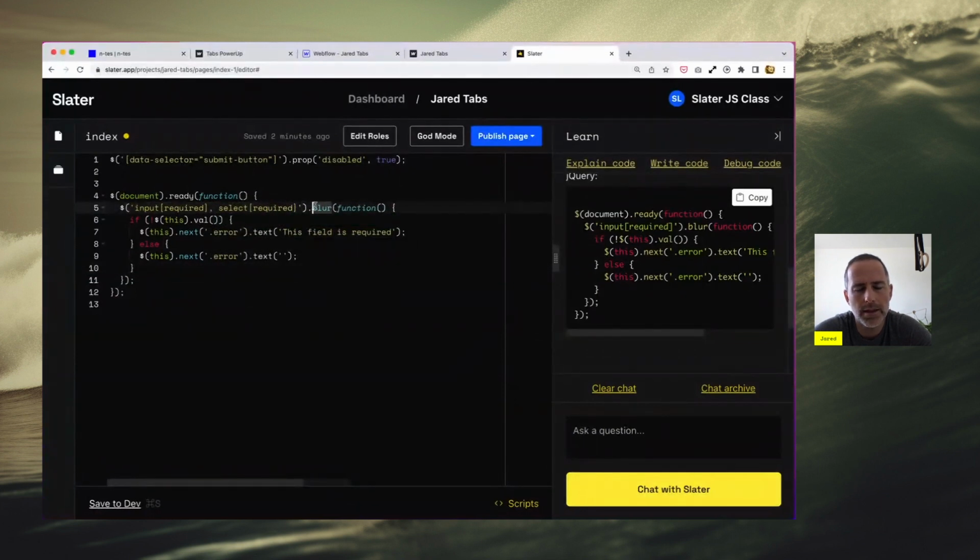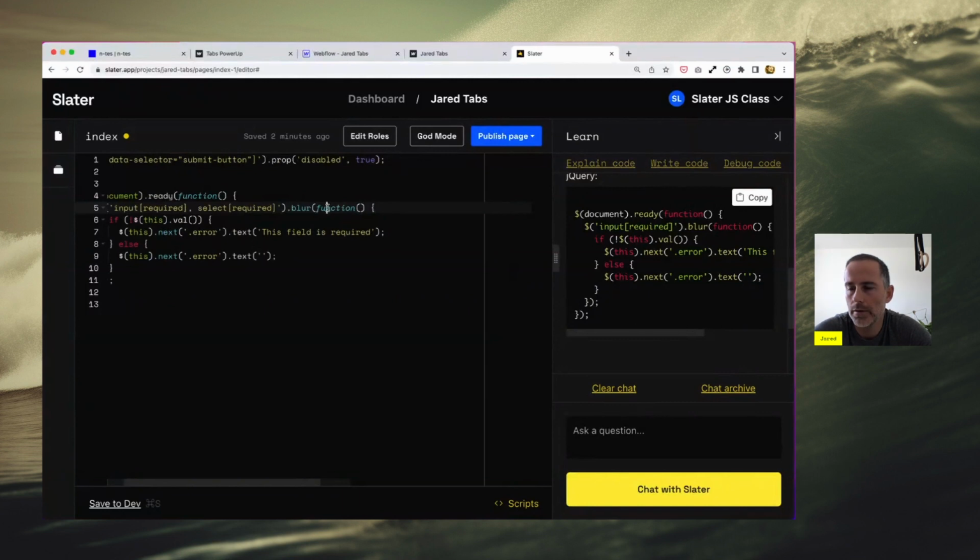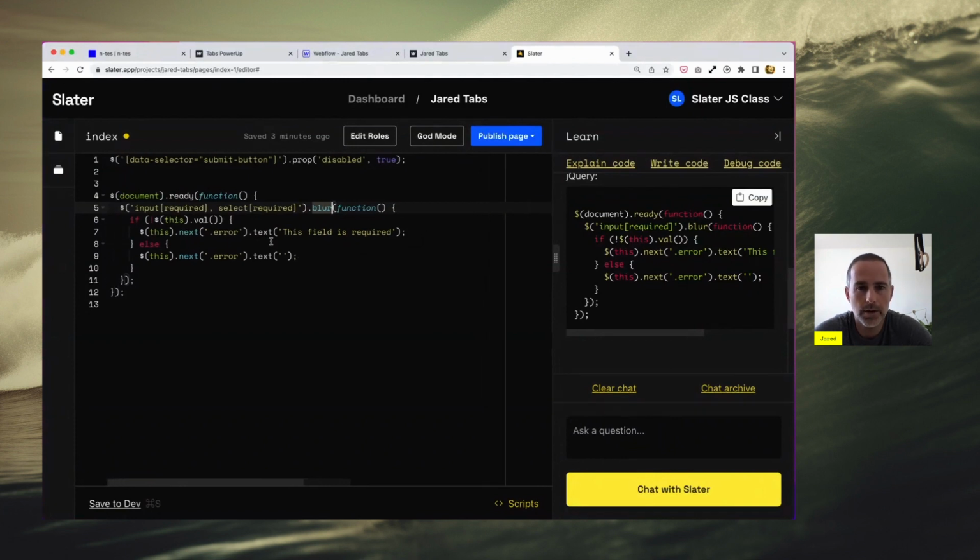I think we talked about blur. Does anybody know what blur does? So you have focus, which is when you're moving into it, and blur, specifically moving out of it. And so it's going to be checking if there's a value. If there's no value, it's going to be adding this message to